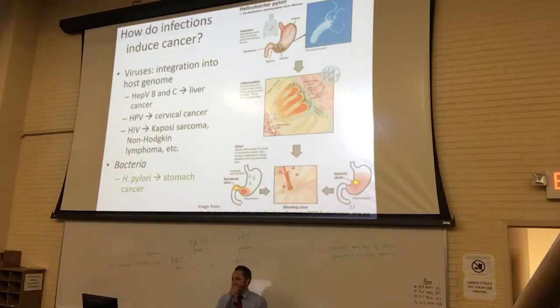These patients are also at risk of developing non-Hodgkin lymphoma. That's a cancer of the lymph tissues and the connective tissues. And the last one on this particular slide is bacteria. So you can see this schematic on your right